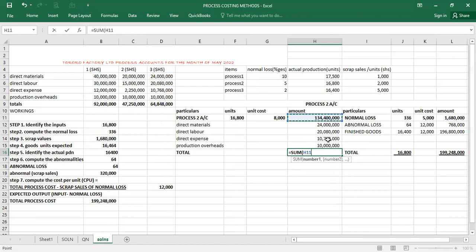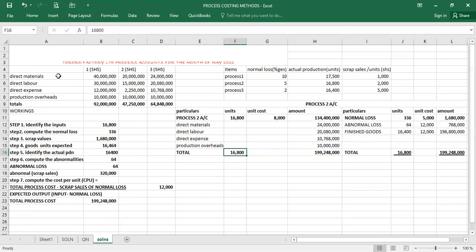Will be this, close the brackets, and we get the totals. Hope they are matching. And when they are matching, we just know that what we did is exactly what we are supposed to do. So we've got that,